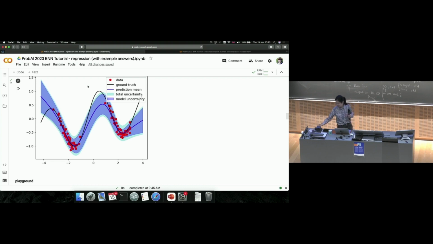So roughly speaking, for Gaussian process behavior, your boundary function looks like this, and then we have a bunch of data points. So a Gaussian process will give you something that maybe looks like,